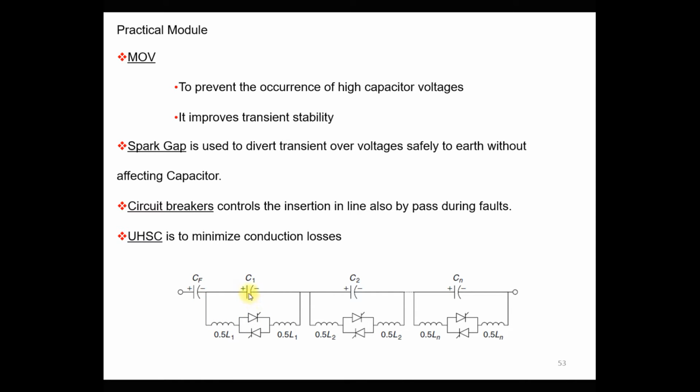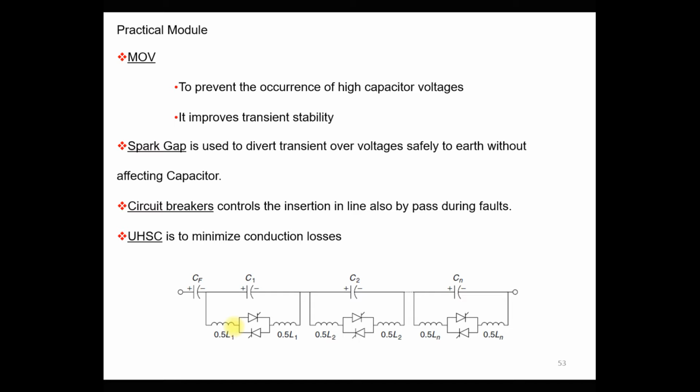So once this capacitor is fully charged and you bypass this capacitor, a large amount of the capacitor current is flowing through these inductors. To limit this capacitive current, we require this inductor in series with this thyristor pair. So the function of this inductor at both the sides is to limit the discharging capacitive current during the bypassing of the capacitor.